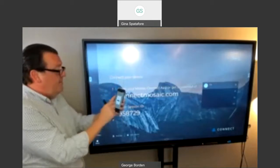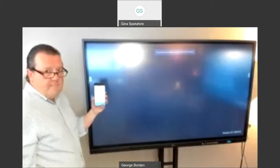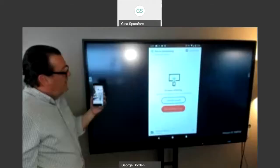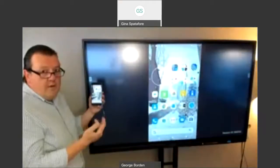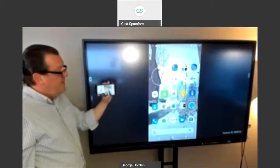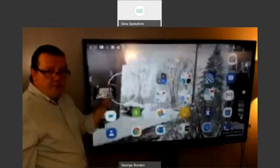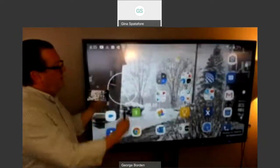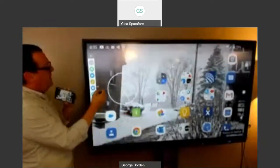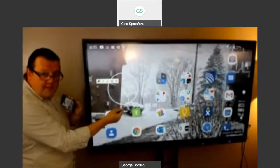I'm going to go ahead and hit present. I'm going to share my screen, and then it's going to show you my screen on my phone. And there you go. Also, if you have a device like mine, this is a Google Pixel XL first generation, if it supports orientation shift, then the Mosaic Connect will also follow. Obviously the networks are a little clunky here because I have 25,000 different CPUs on my network. But when you get some device